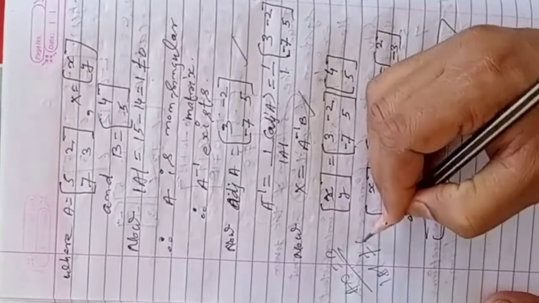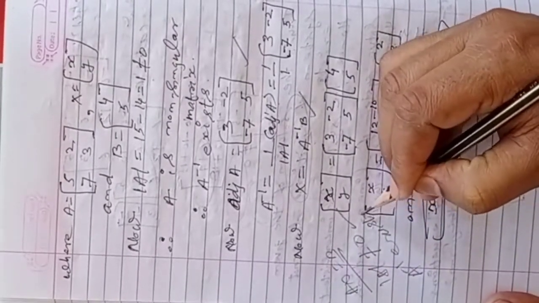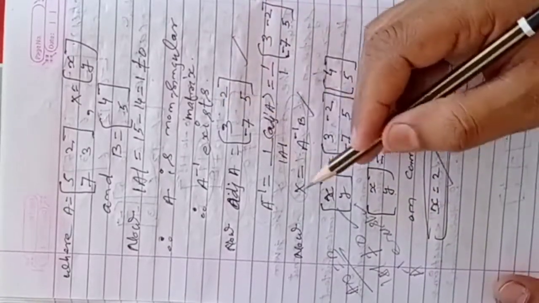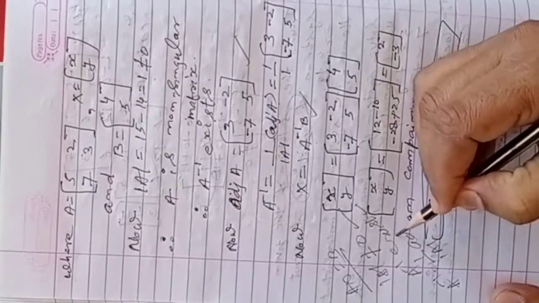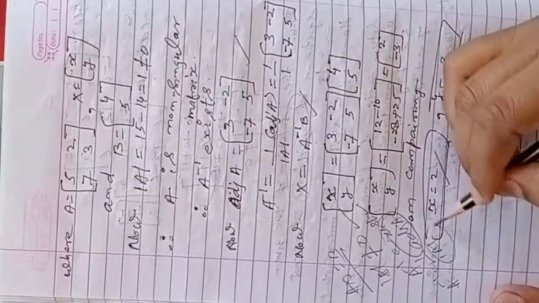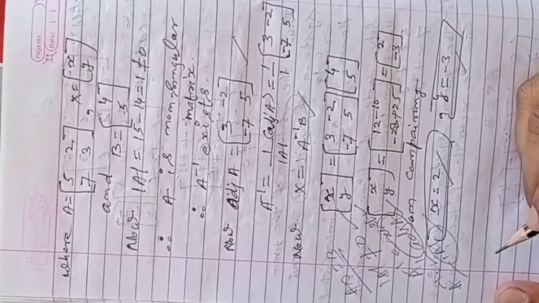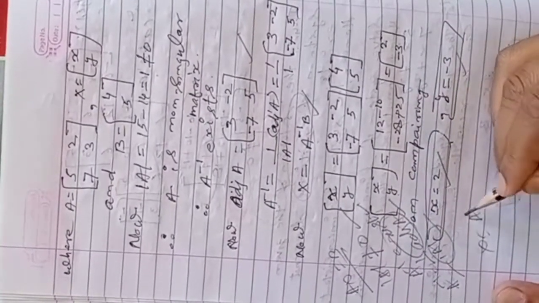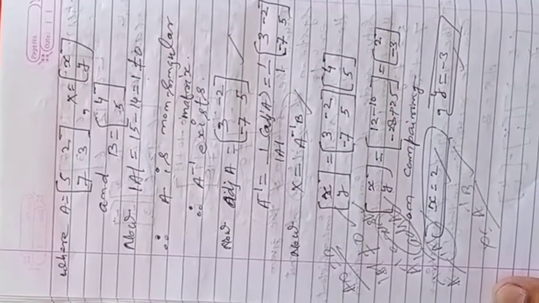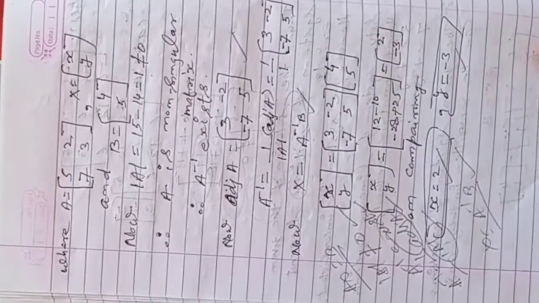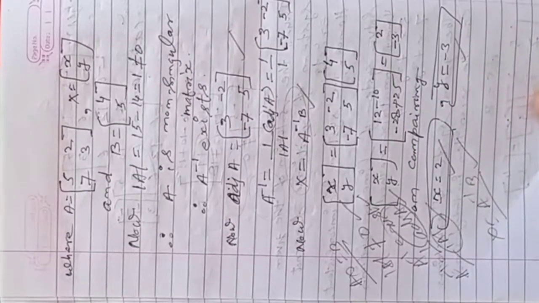If the determinant is not equal to 0, then its A inverse will exist. Then we will find its A inverse. A inverse is equal to 1 upon determinant of A into adjoint A. So first of all, you will find the determinant and adjoint. Then A inverse will come. Then you have to apply the formula x is equal to A inverse into B, and after solving, the answer will come. Very simple and very easy question. The type of question with 3 equations may always come in exams.